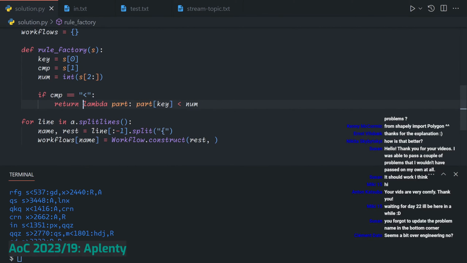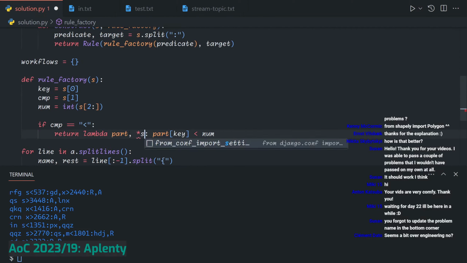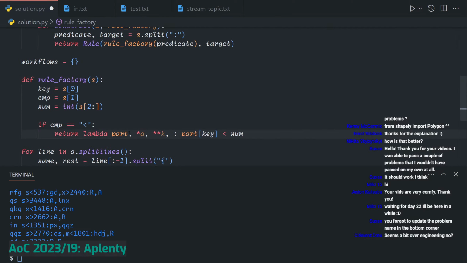So if you're not familiar with this syntax, this is Python's way of doing anonymous functions. Lambda defines a function, and you can give it arguments the same way you can give arguments to a normal function. So you can also have rest arguments, keyword arguments, default values, etc. And so this just takes in a part and returns if the key value of that part is less than